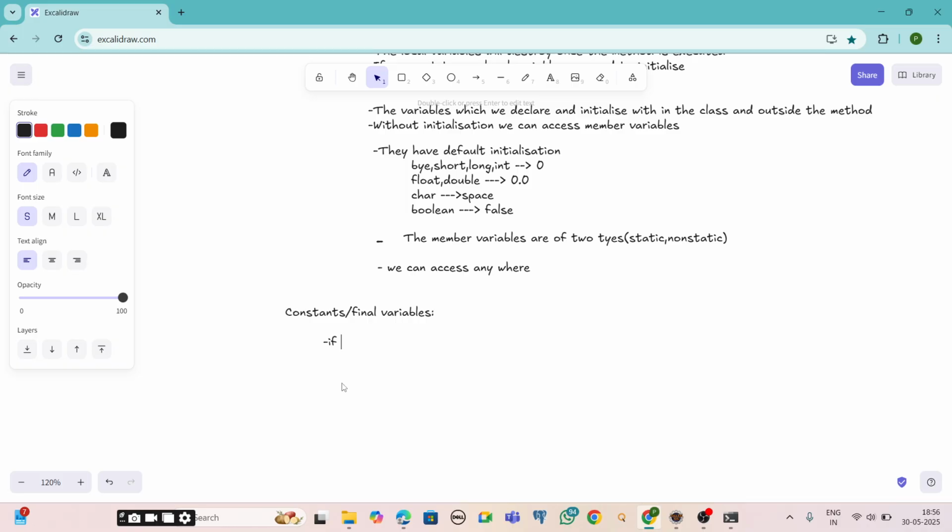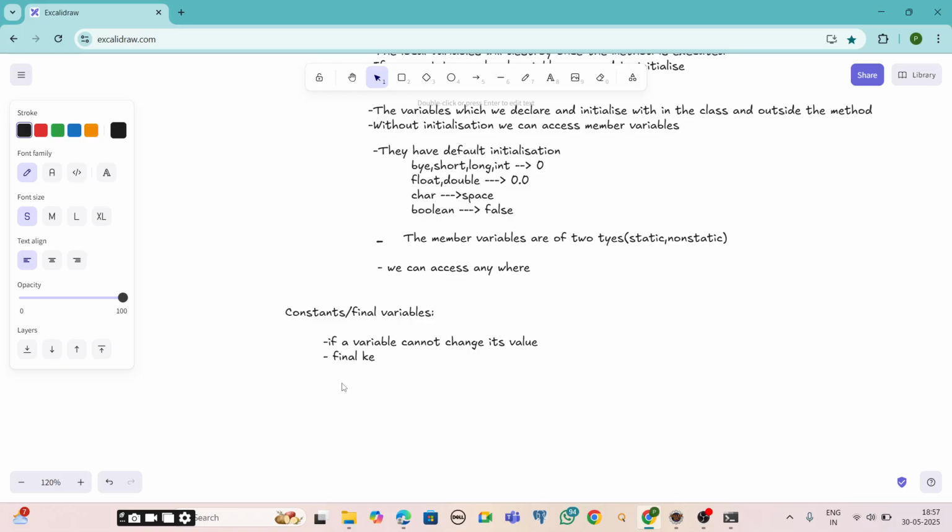If a variable cannot change its value, then we will call that type of variable a constant or final variable because it is not able to change its value. It cannot be modified.